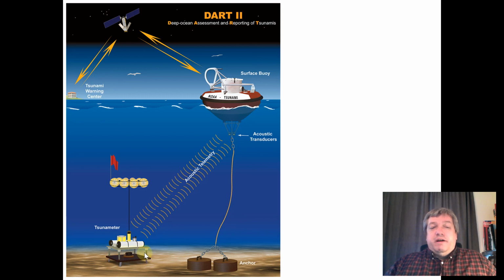called a tsunami meter. And right here, this is just a little sensor that has these floats attached to it. And when the tsunami comes through in the waves, it makes these bobble up and down, which triggers the tsunami meter. And it sends its data up here to a buoy, which then relays it to a satellite, which is then sent to a warning center on land.